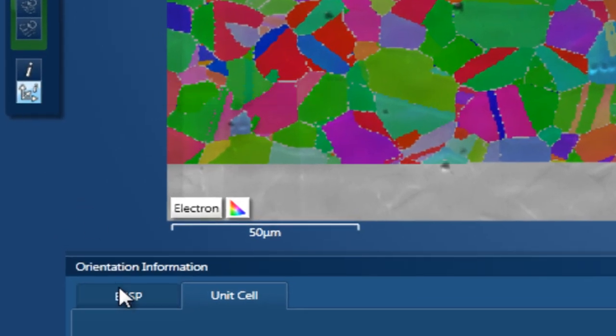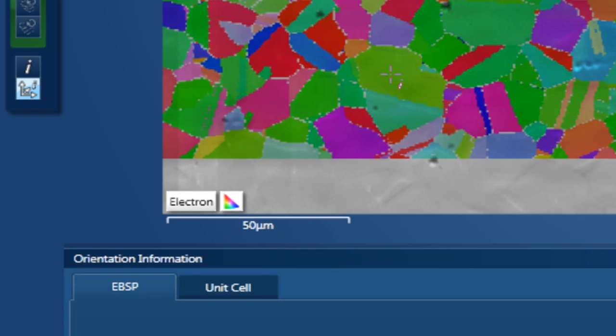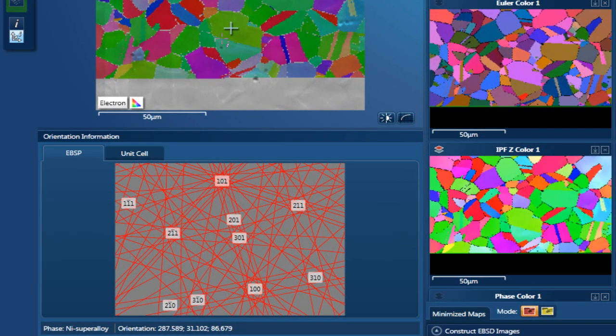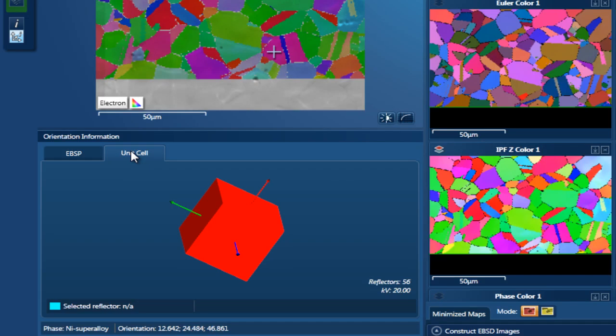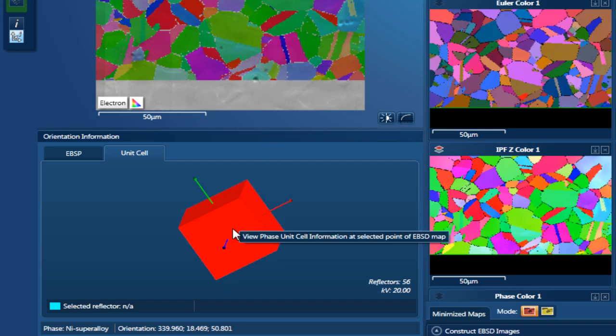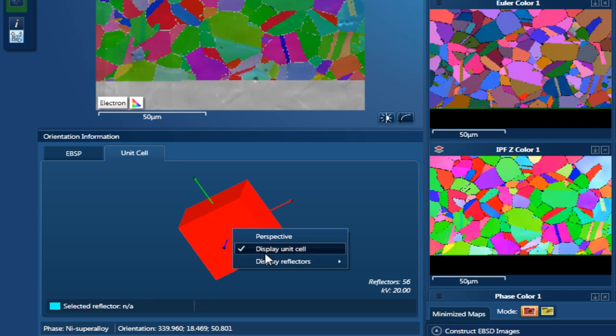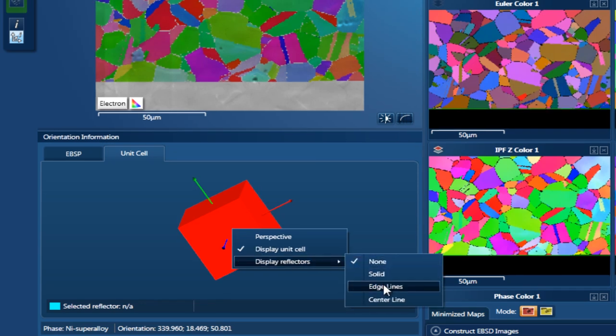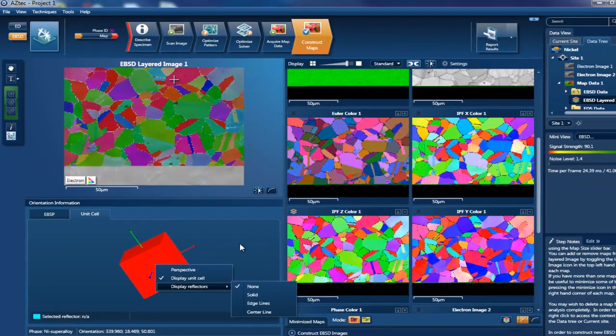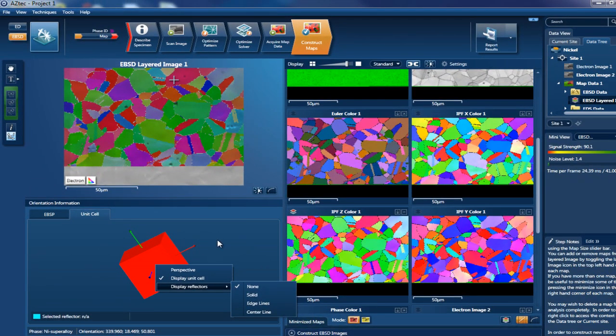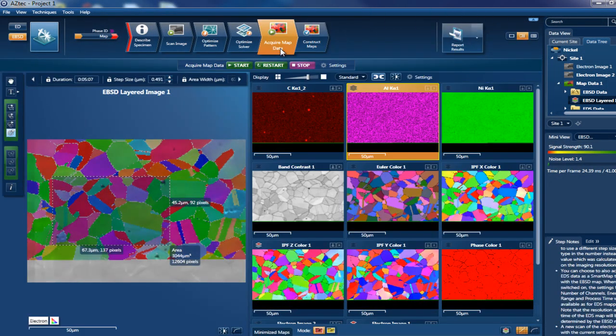And we can also show the orientation information from any position, so just by clicking in the map we can see the pattern, and also the orientation. Right mouse click will enable us to display reflectors if we want to. Going back to Acquire Map, the map's still being acquired,